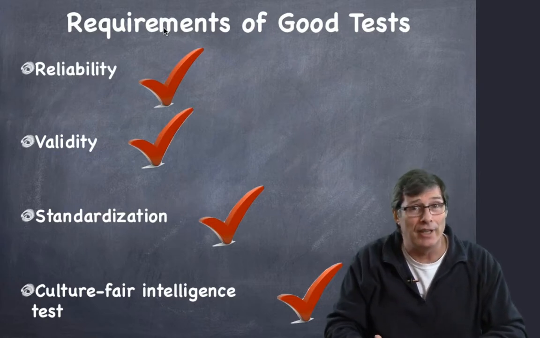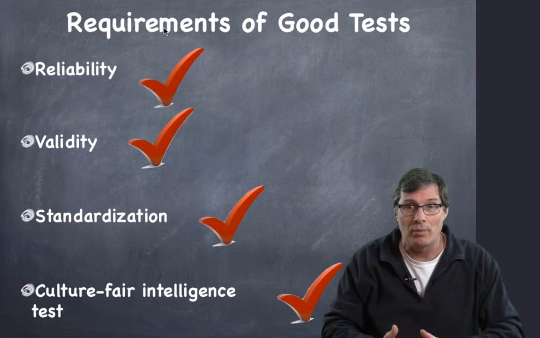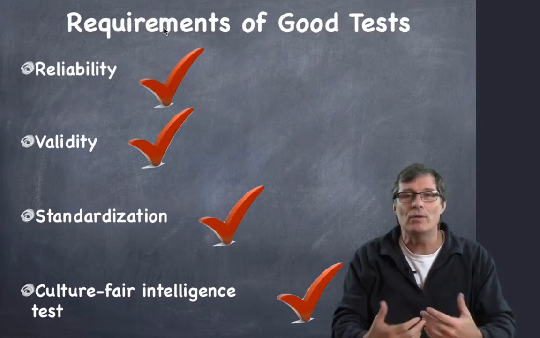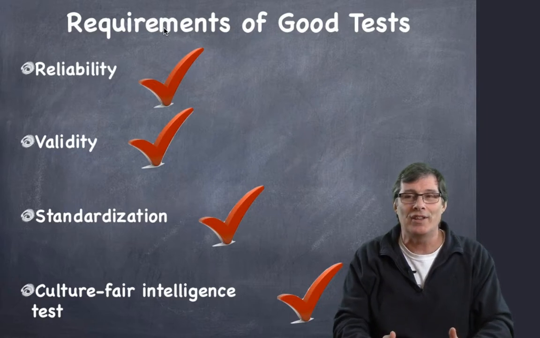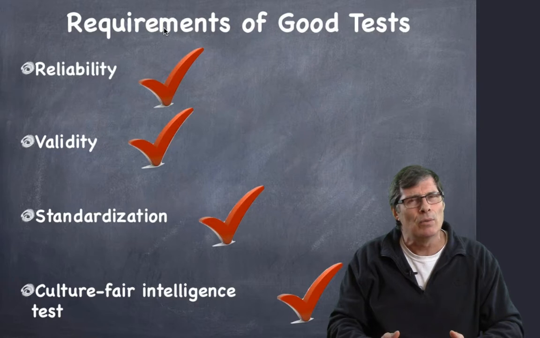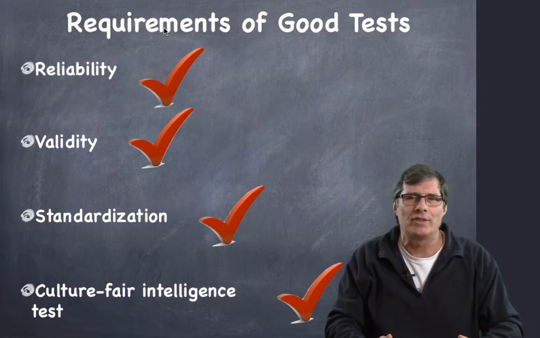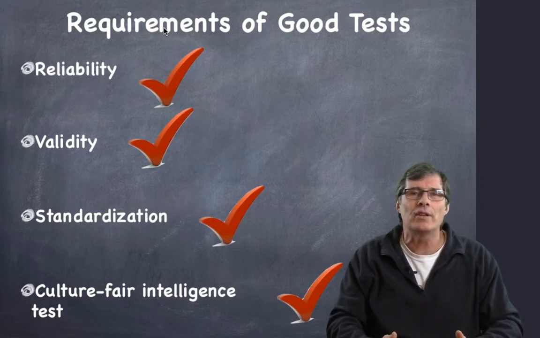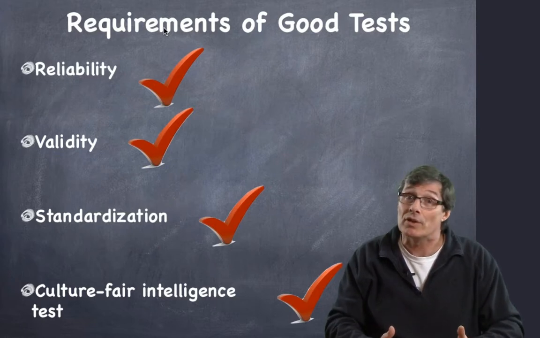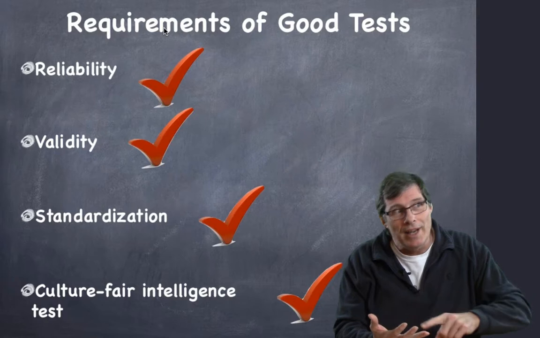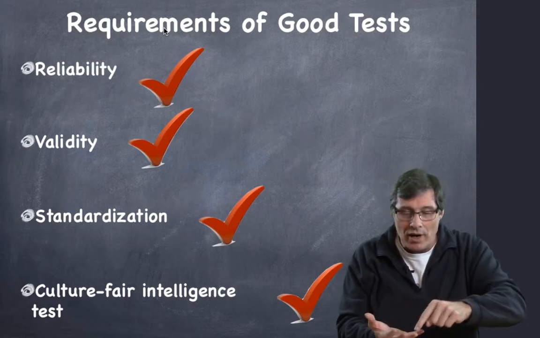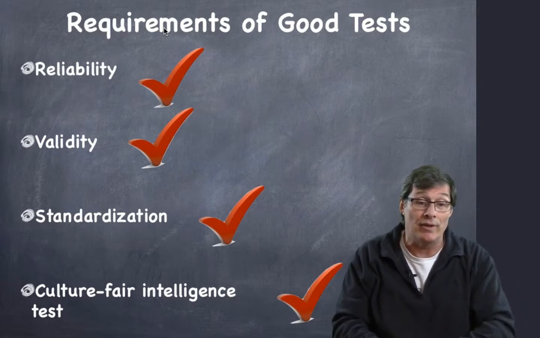The second is validity, and this is the ability of the test to measure what it's supposed to measure. So if I'm telling you it's an intelligence test, but it really just tests motor skills, well, maybe I'm not giving you a very valid test. If I'm going to measure intelligence, it's got to be able to measure intelligence. So you need to know what intelligence is, and you need to be able to create activities and questions that measure that specifically, and that would make it valid.